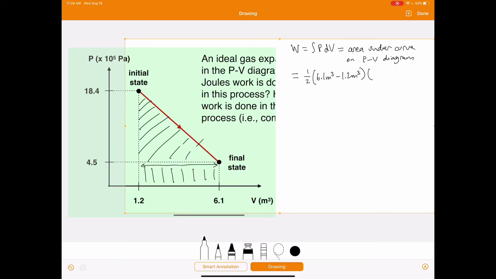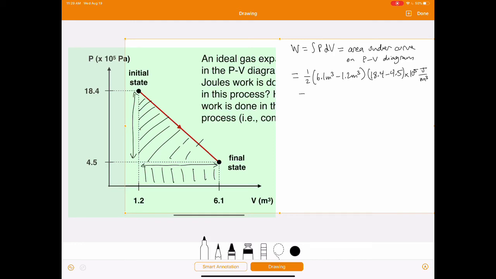And the height would be this distance, which is 18.4 minus 4.5. And be careful, look on the axes. We have 10 to the 5 pascals. But remember, a pascal is a joule per cubic meter. And then let's add the rectangular area on the bottom, which is just going to be the base times the